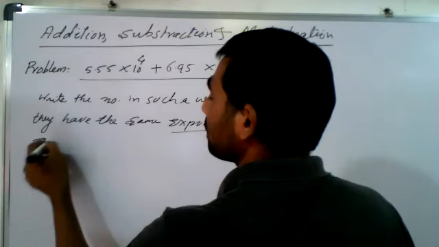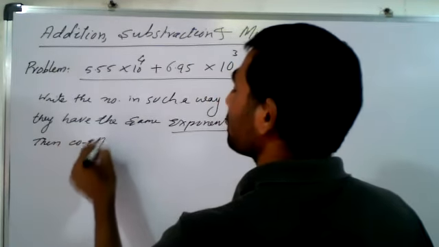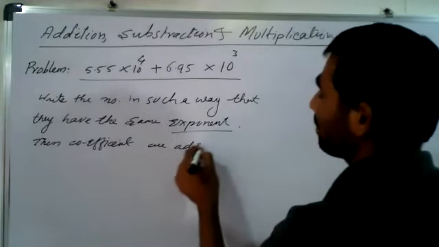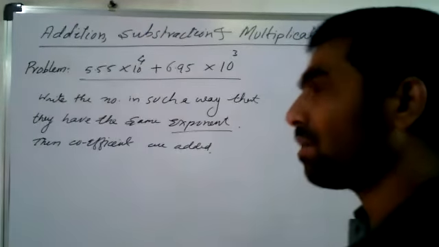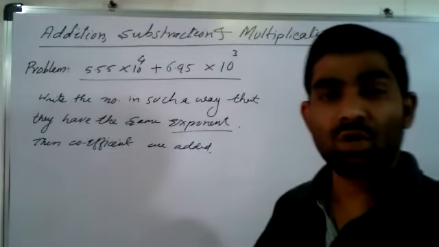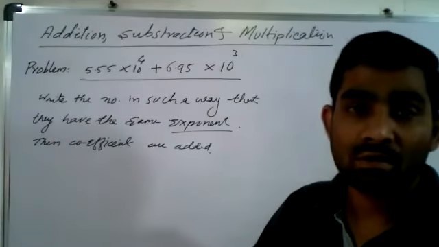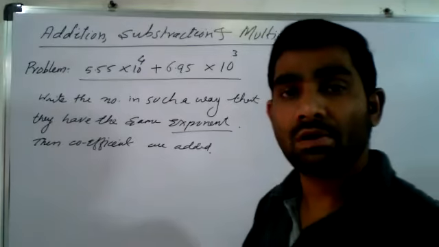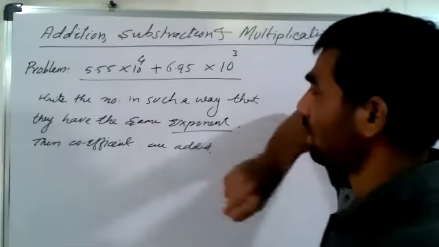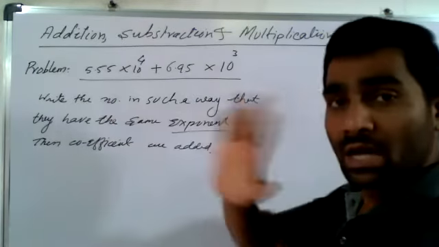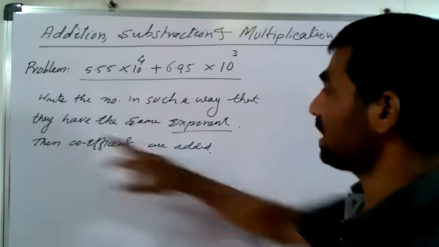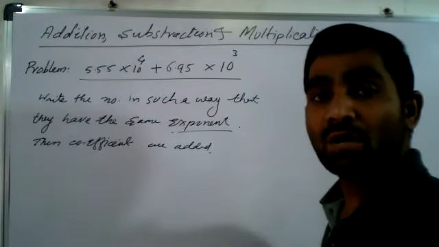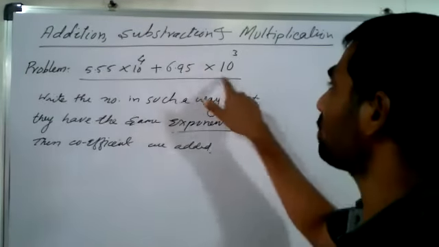This is the simple formula for the addition operation. Now, here, see, apply the concept. The rule says to write these two values in such a way that they must have the same exponent, meaning the 10 to the power value. What is the value of 10 to the power 4, 10 to the power 3?